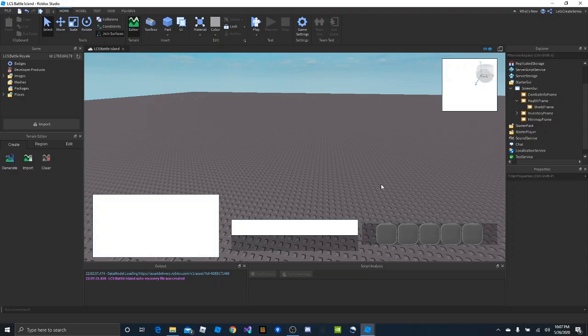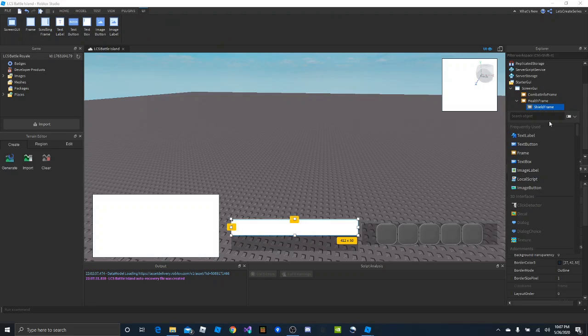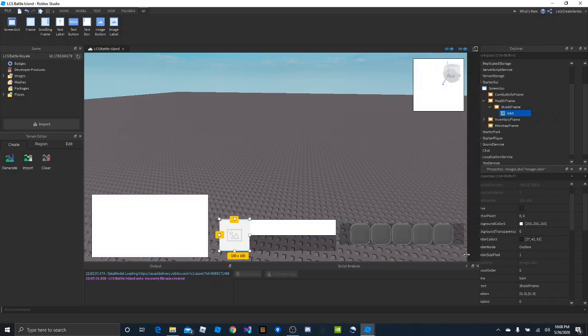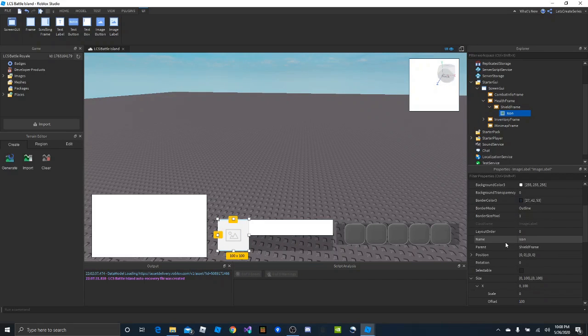And so on shield, we might want like an icon. So let's go ahead and add an image label. It doesn't have to be a button, like an image button, because the user's not going to be clicking it. So we've added an image label, and we're just going to call this icon. It's fine, because we're not really going to reference this in code too often, if ever. And so then we'll scroll down, and size X scale will be,